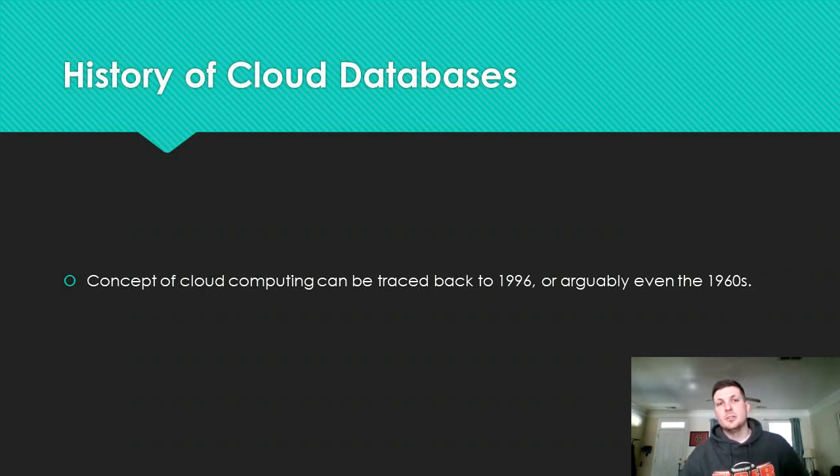So I want to talk to you a little bit about the history of cloud databases. To start doing that, I'll have to talk about the concept of cloud computing, actually, which is a term that was used quite a bit by Google and Amazon starting in 2006. That's when we started hearing a lot more of that term from those two companies specifically. But the actual term was used even a little bit before then, in 1996, by a company called Compaq Computer.